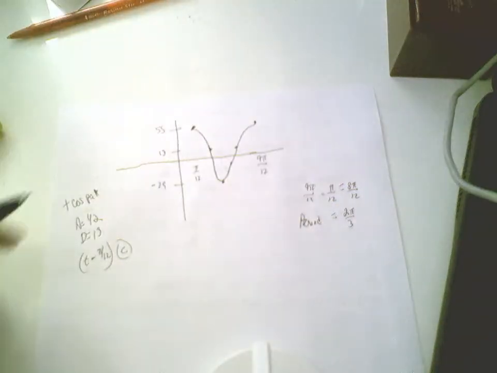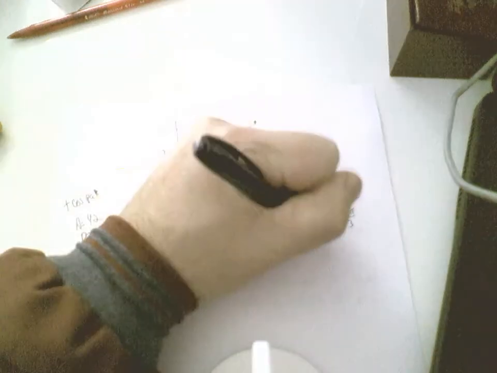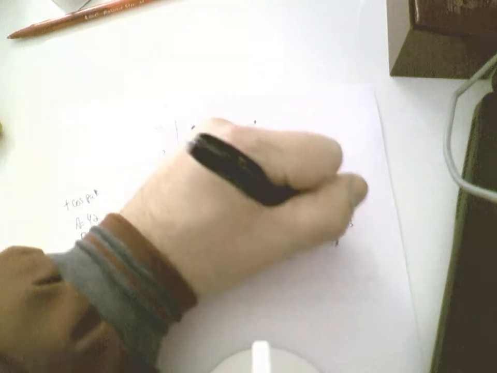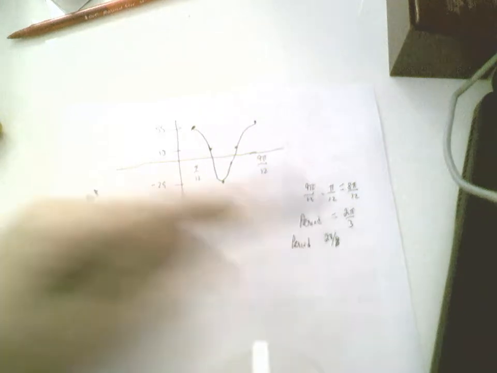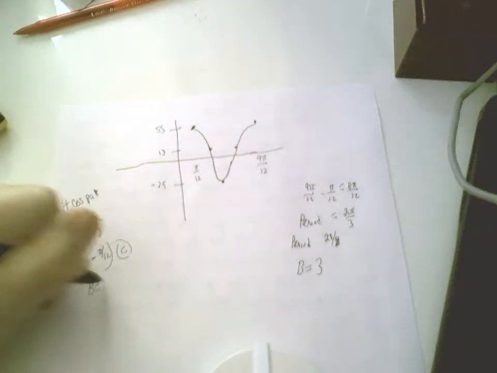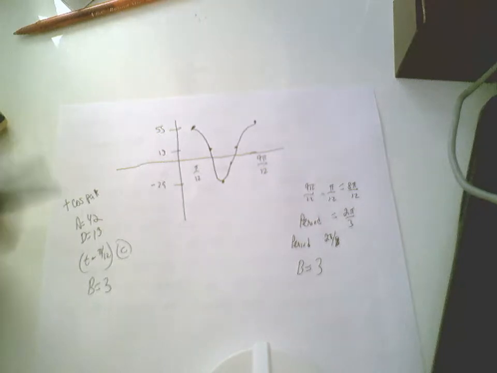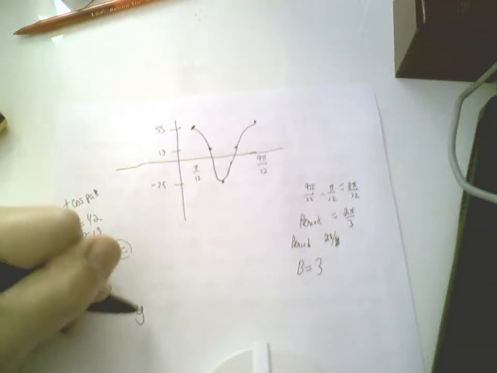Well, remember, period is equal to 2 pi over b. What did I get for a period? I got 2 pi over 3. What's that telling me? B must be equal to 3. So, do I have everything I need to go ahead and build this? I sure do. Y equals positive